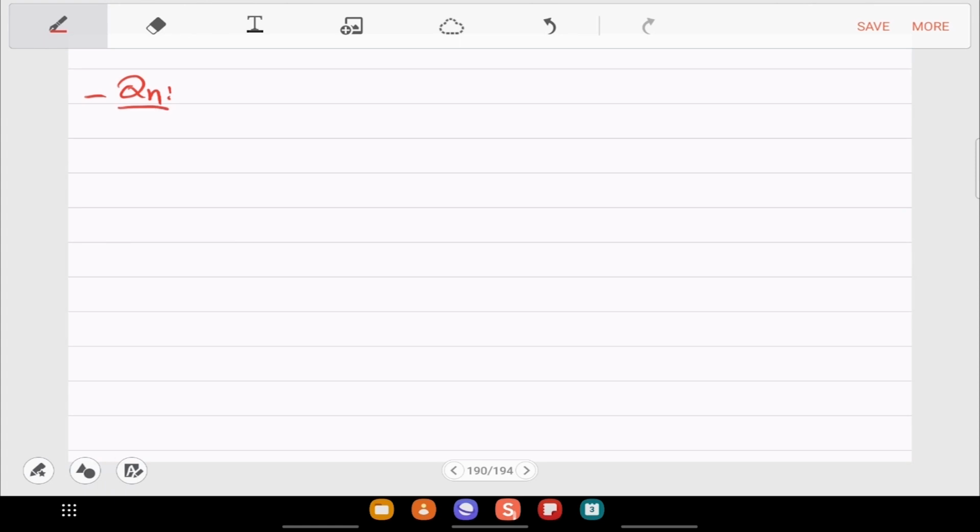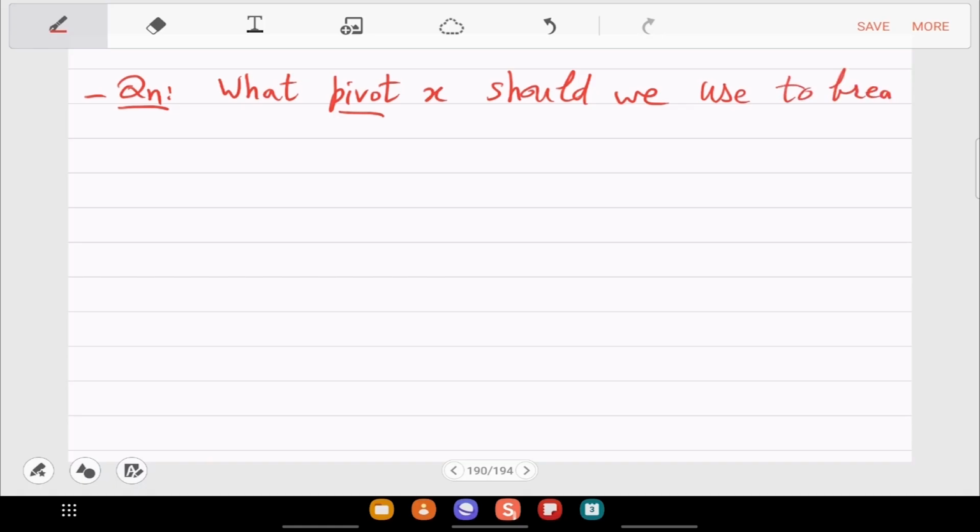So what pivot should we choose? Should we use it to break S into 2 parts, the part which is less than or equal to x, and the part which is greater than x?